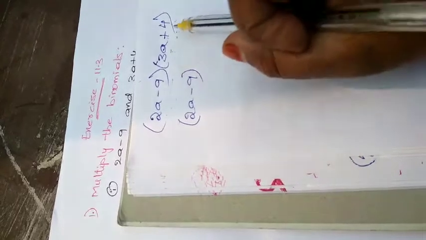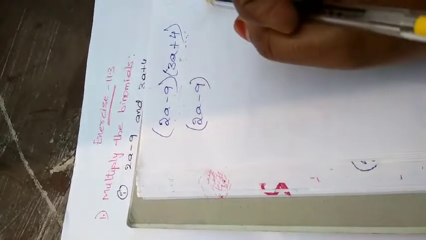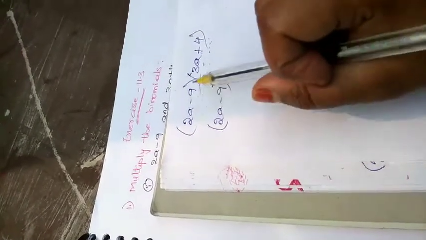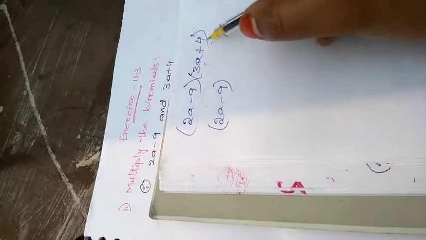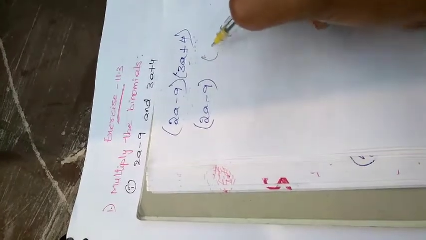No need to worry, both will be in two terms only. Sometimes there will be a trinomial, there will be a multinomial. In that case, whenever you are taking an expression, you check how many terms are there in the other expression. So here in the other expression we have two terms. So I'll write this one 2 times.